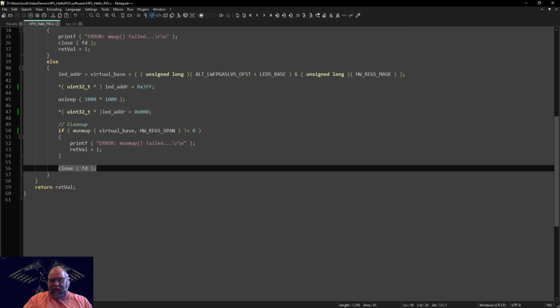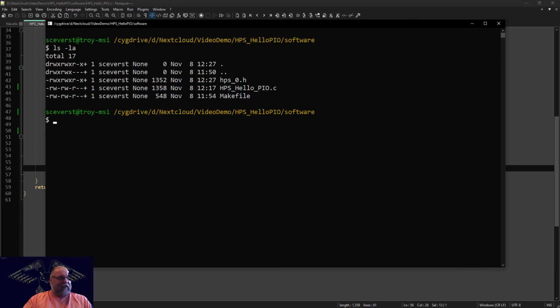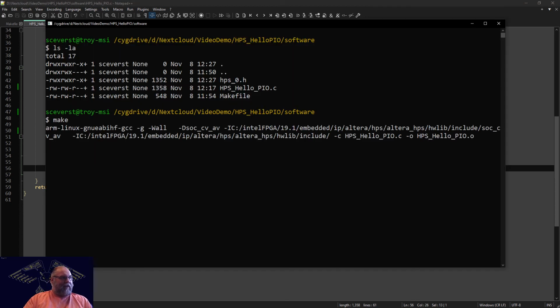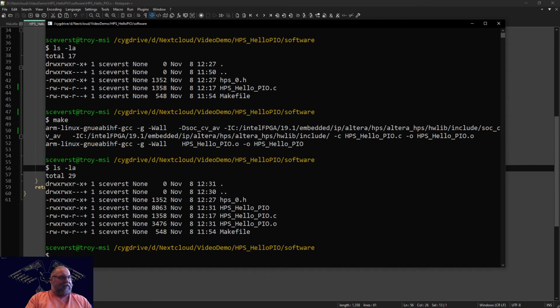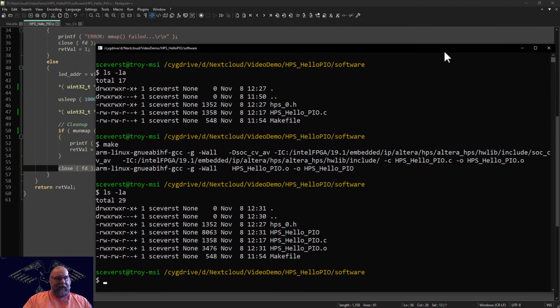So let's go ahead and open up our shell again, and we will just do a make. That should build our system. Let's go ahead and do a listing, and there indeed is our executable. So now we need to